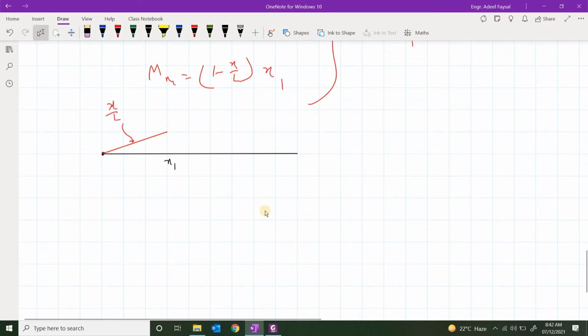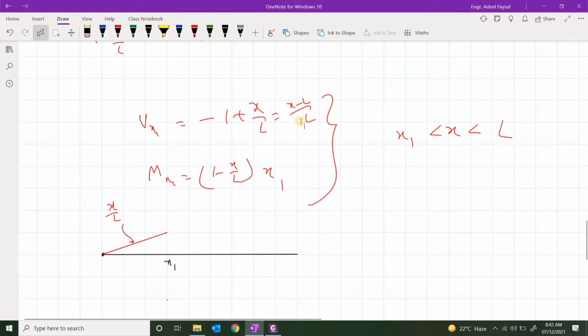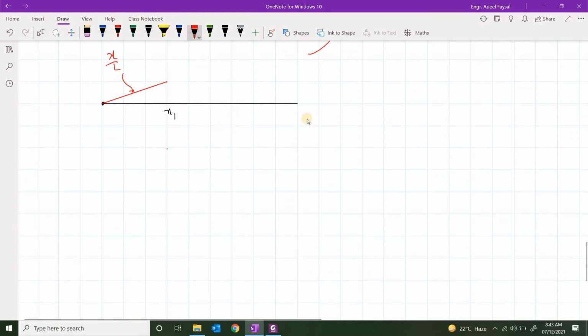So the second part of the equation would be somewhat like this. Let me draw a straight line. Now let me show you how the equation should look, because it's a straight line. In order to plot a straight line, you only need to plot 2 points and then join them by a straight line. Now if you put x equal to, let's say, L in this expression, you will see that L minus L goes to 0 and the whole expression is equal to 0. It means at this point the ordinate would be 0.